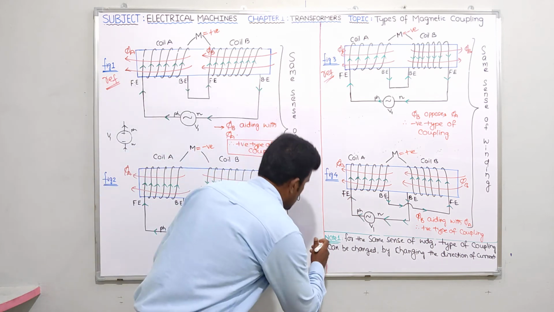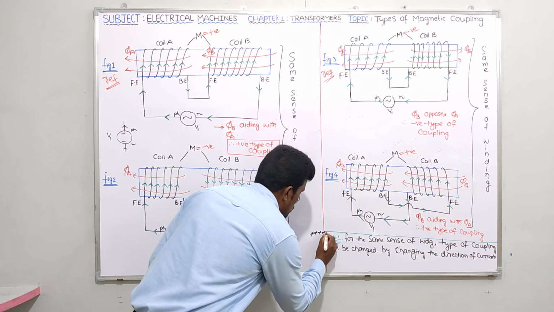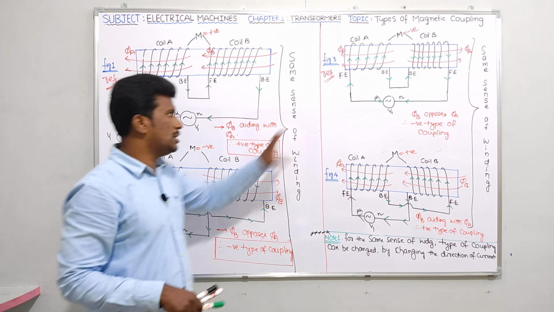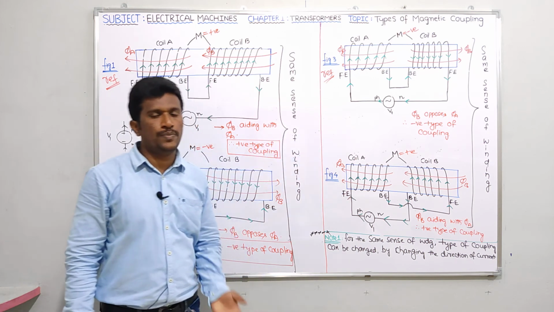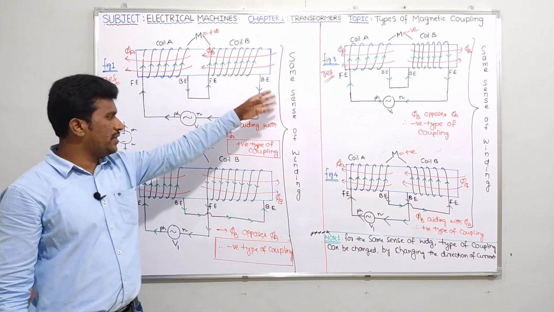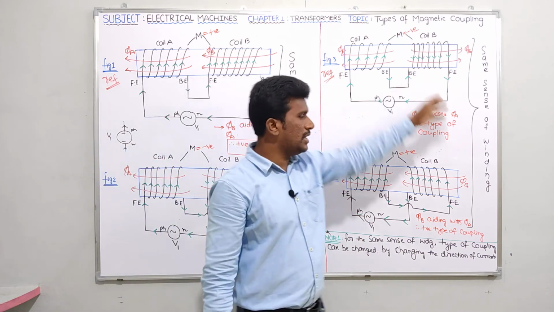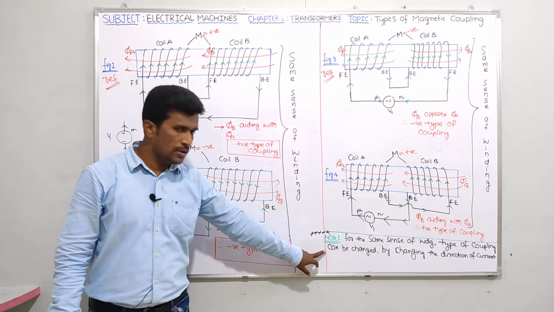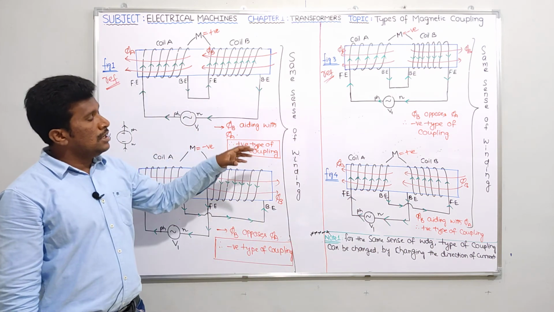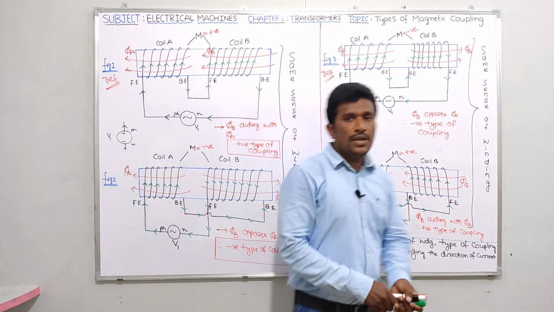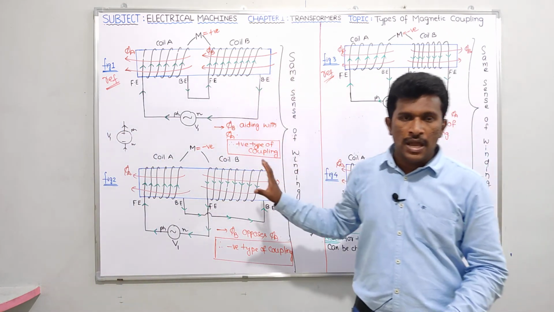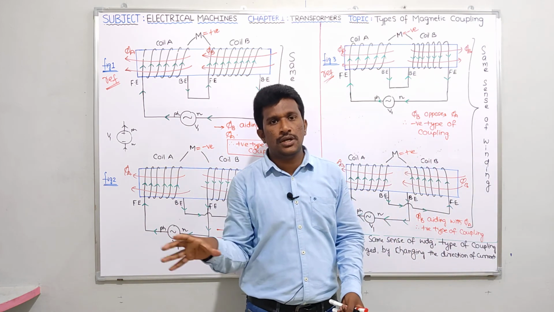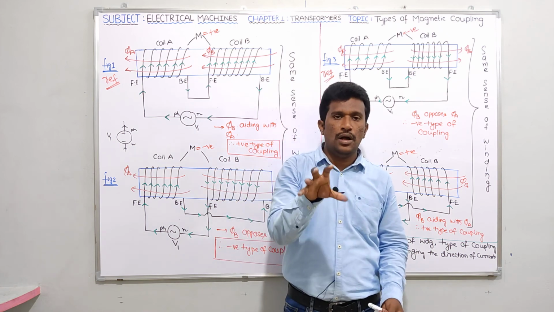Please give importance for this note. And for explaining this note only, I just used these two figures or these two figures, where sense of winding should be same. In these two figures, sense of winding is same. If I use these two figures, sense of winding is same. Is it clear? Okay. So this is the thing. This is an important note for this session. See, once again in the next video, by using the same four figures, I am just going to explain dot notation. What is the importance of a dot notation, where you can place dot notation, all those things.